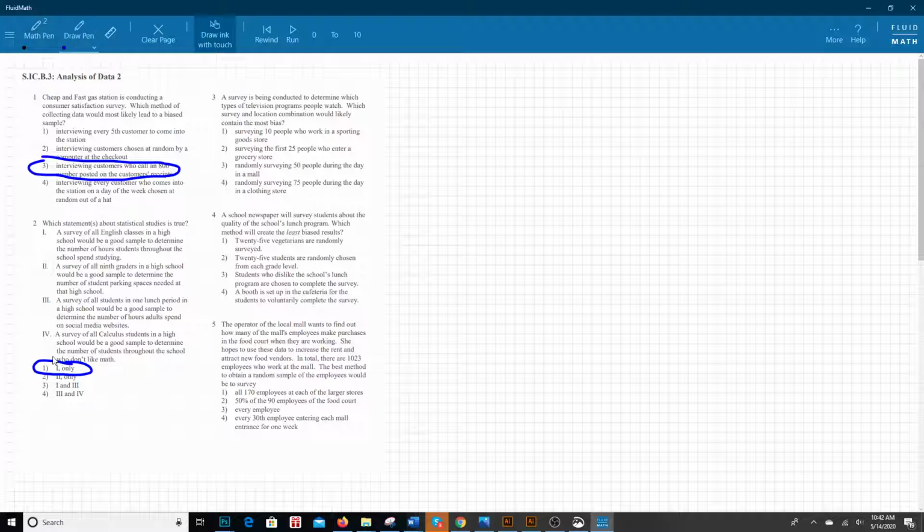Question 3. A survey is being conducted to determine which type of television programs people watch. Which survey and location combination would likely contain the most bias? Again, we're talking about the most bias here. All right, so what that means is